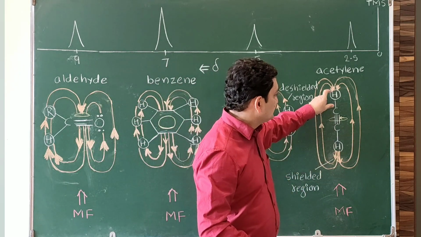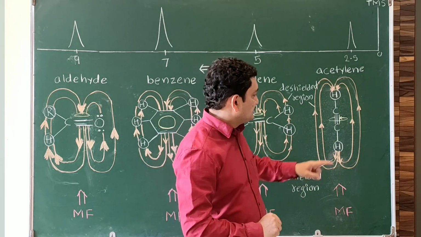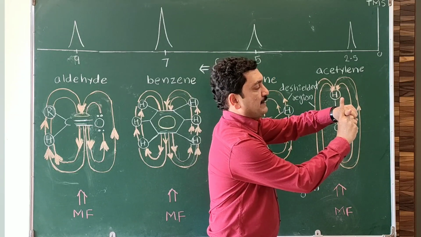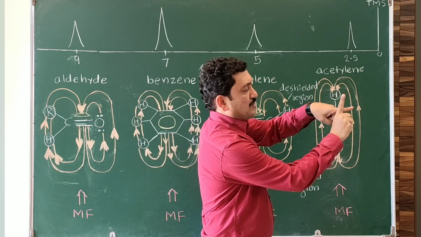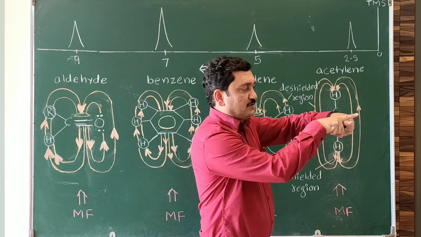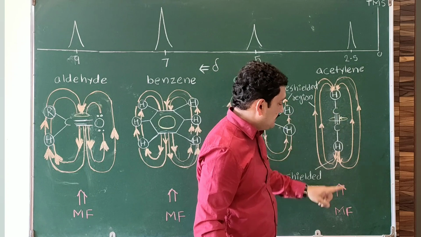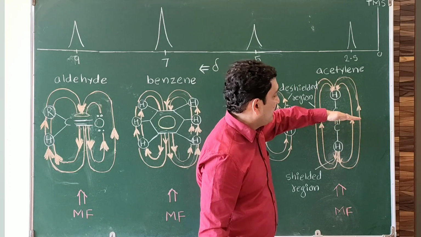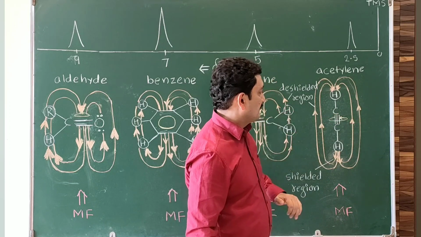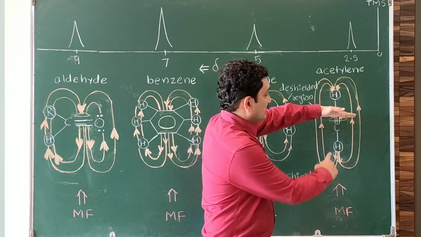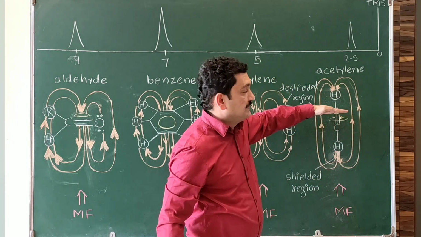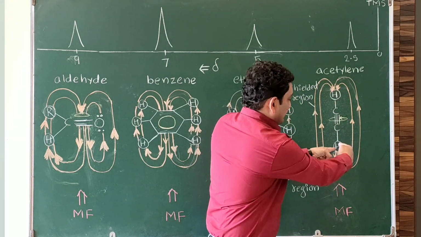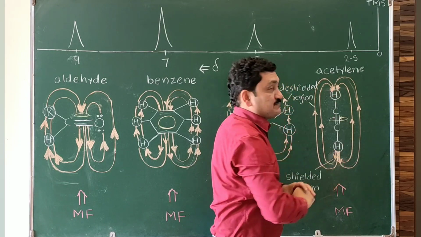First, acetylene, CH triple bond CH, which contains one sigma and two pi bonds. This is a sigma bond and this is a pi bond perpendicular to the sigma. This is the other pi bond. Means the two pi bonds are, suppose, in a horizontal position. If we apply the external magnetic field, then these pi electrons will vibrate. They are in motion. They will circulate. Their vibration, their circulation will create a secondary, that is the induced magnetic field. The direction of the induced magnetic field will be perpendicular to the motion of the electrons. So the secondary induced magnetic field will generate in this manner.